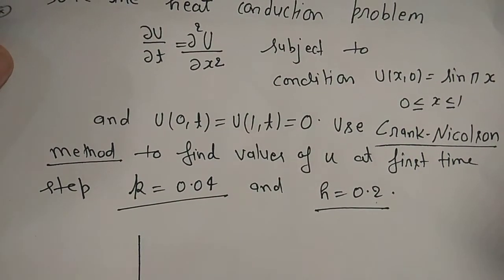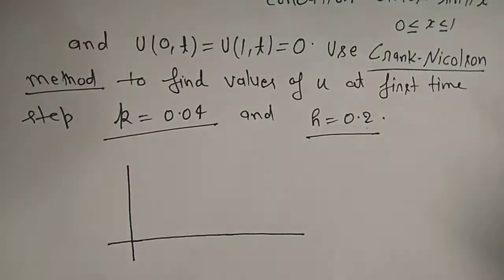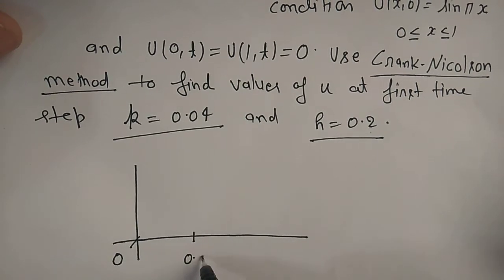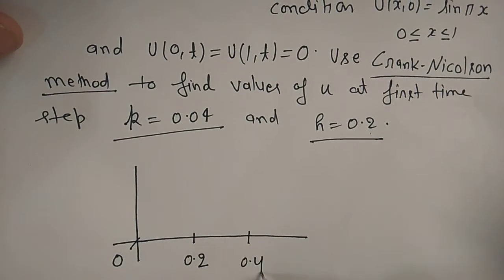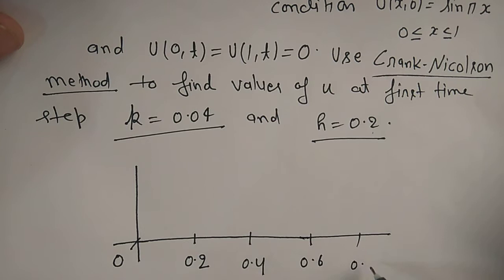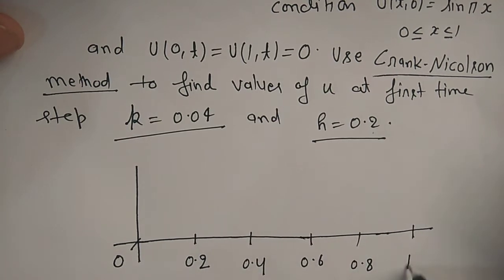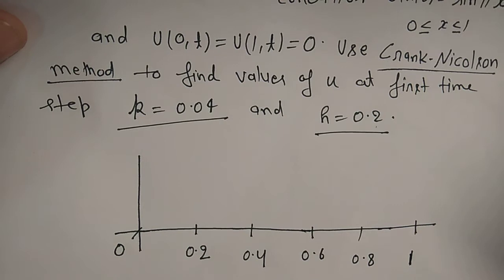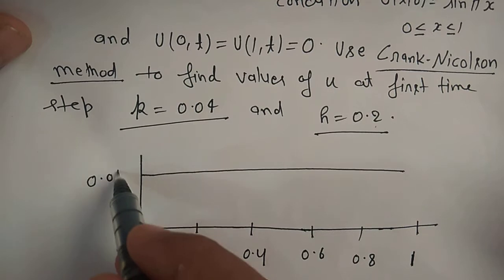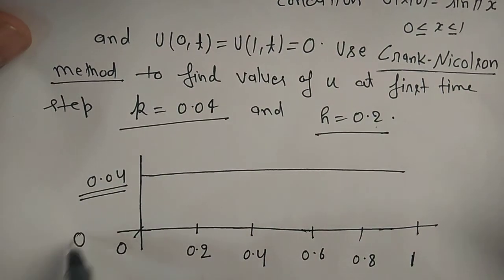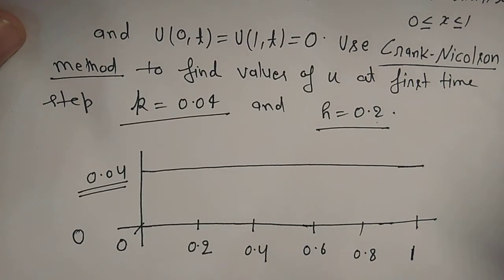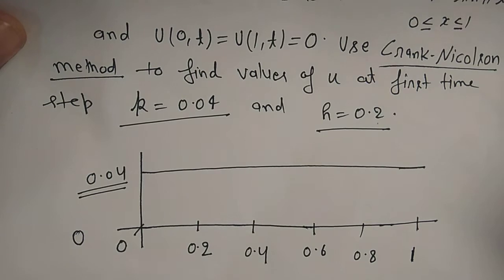So here x equal to 0, x equal to 0.2, 0.4, h equal to 0.2 is given. So 0.6, 0.8 and 1. Fine. And time level k equal to 0.04. So this is the first time level, t equal to 0, and this is t equal to 0.04. This is the next time level, and the boundary condition